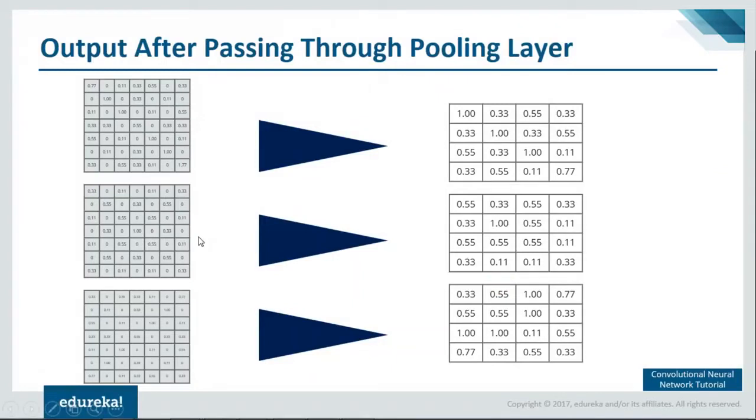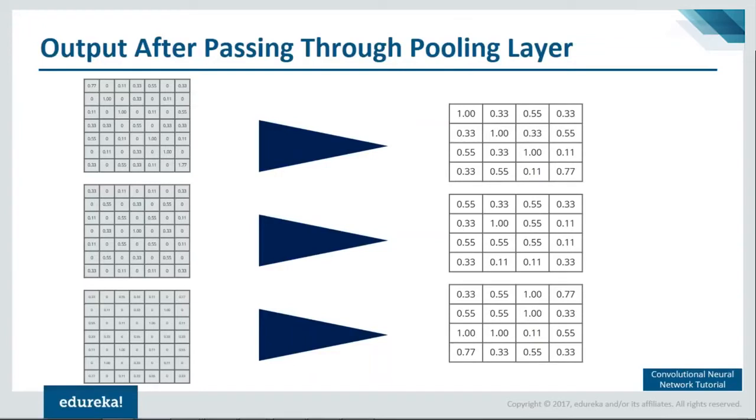So we have discussed the convolution layer, ReLU layer and pooling layer. I'll just give you a brief recap of all the things we have discussed. In the convolution layer, what we did, we took three features and then one by one we moved each filter throughout the image, and when we were moving it, we were continuously multiplying the image pixel value with the corresponding filter pixel value, and then we were dividing it by the total number of pixels. Alright, with that we got three outputs after passing through the convolution layer. Then those three outputs we passed through a ReLU layer where we removed the negative values. Alright, and after removing negative values, again we have got three outputs.